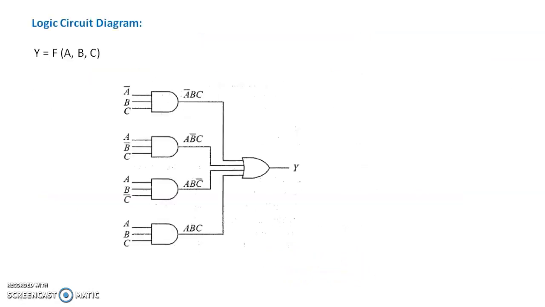This is the circuit diagram for the previous expression. For all the terms using the AND gate, we represent that particular product term, and we get the summation of all these terms using this OR gate. So here we have used the basic gates only. Using these product terms, we represent the summation of all the terms using SOP expressions.